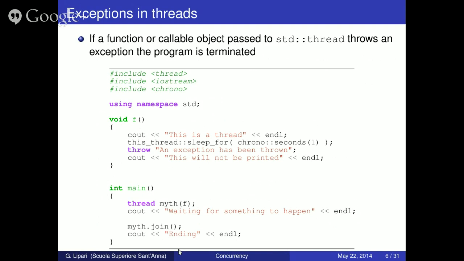So if I look at the main, everything is going to be okay. But actually, F prints something on the screen, then sleeps for some time, 1 second, and then throws an exception. So what happens is actually that the entire program is aborted because the function throws an exception that is not caught by anybody, and so the